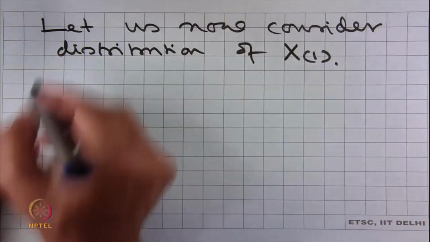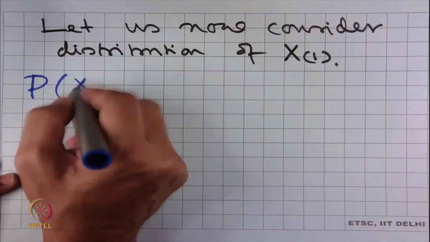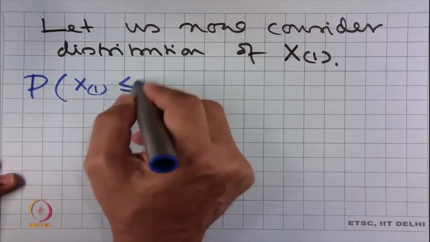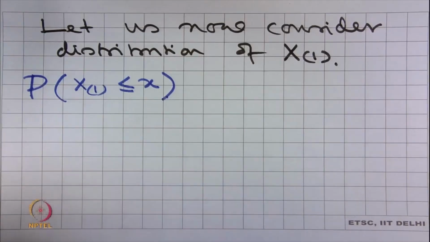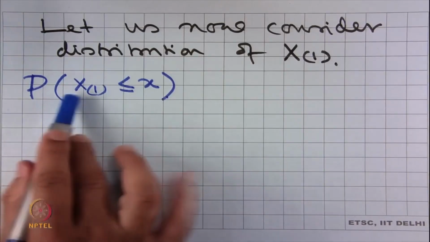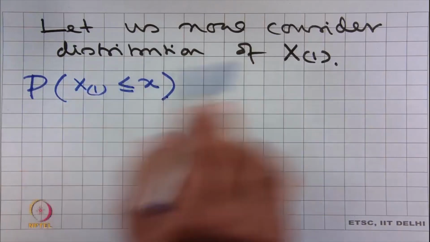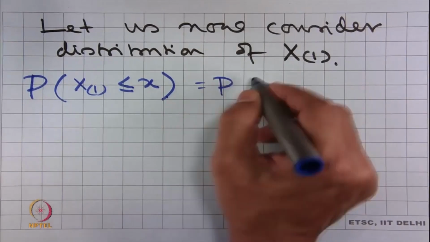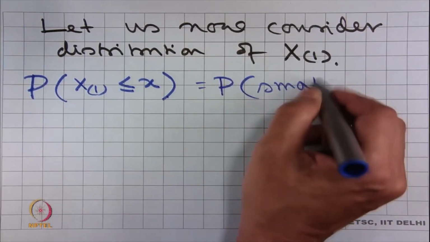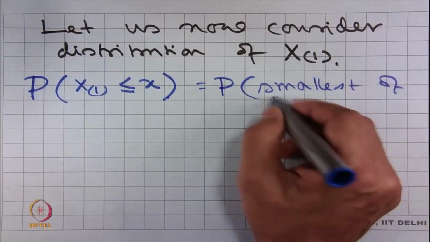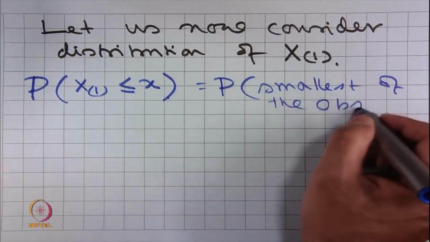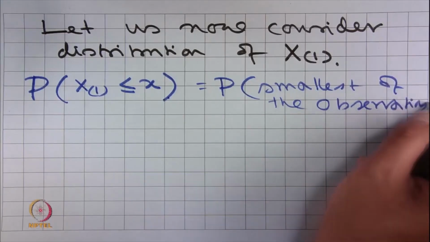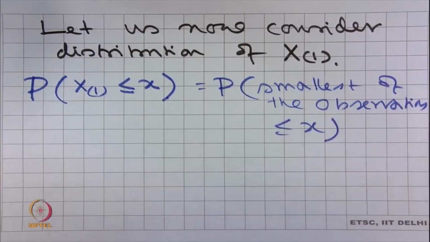So, what is the probability that the smallest of the observations is less than or equal to x? Now, the smallest will be less than or equal to x. It is the complement of